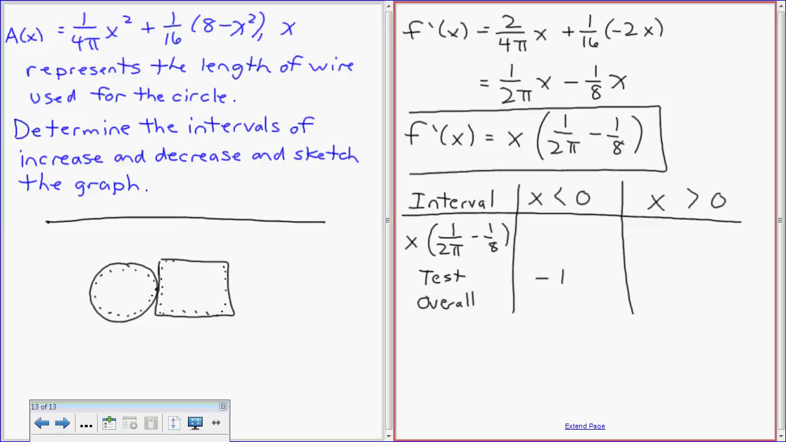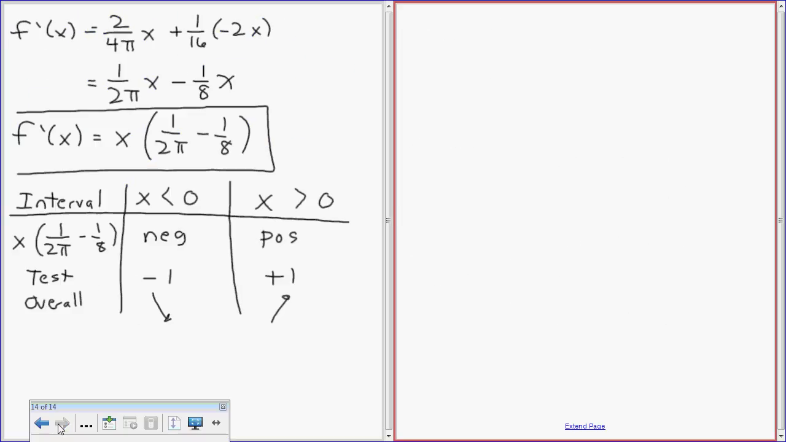2 times pi is 6.28, so that would be positive. So a negative 1 would be a negative value. This is going to be a positive value. Overall it's going to be negative, so it's going to look like this. This is going to look like this. Now, to graph officially,